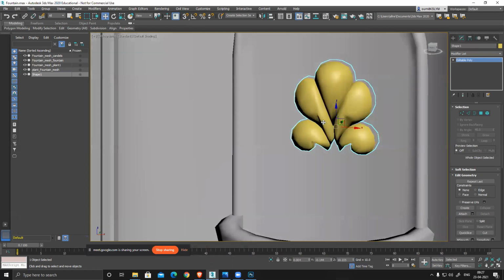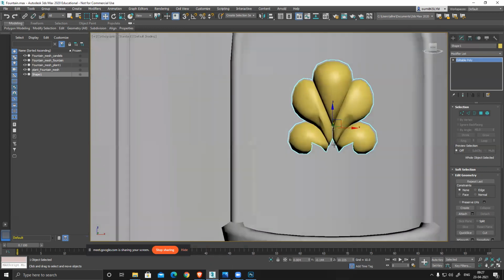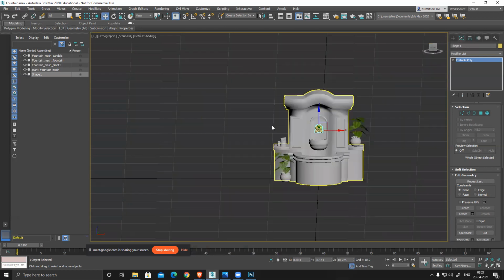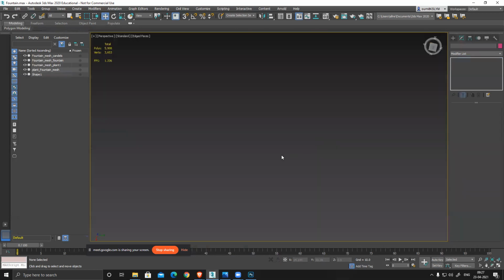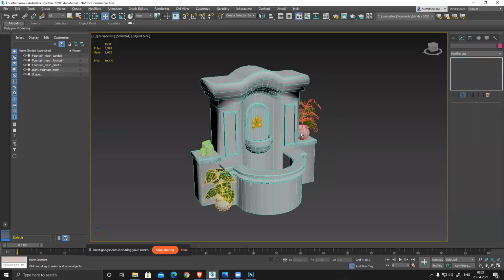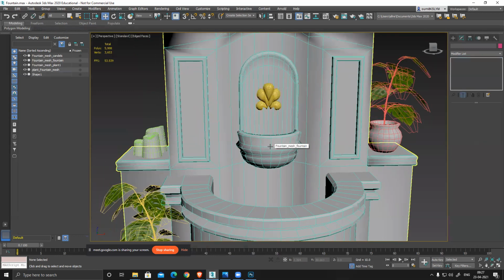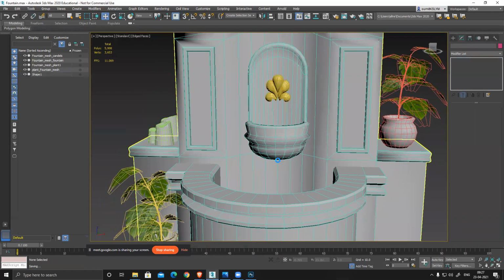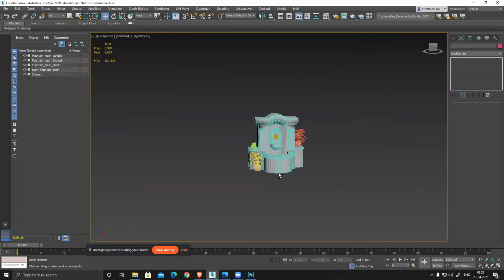You can see the little depression that also I'll fix. Perspective Z. You can see my basic model, almost everything is done except those foliage.